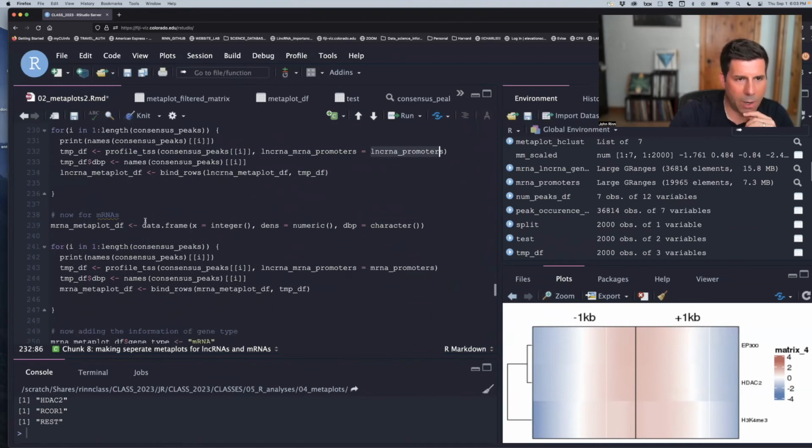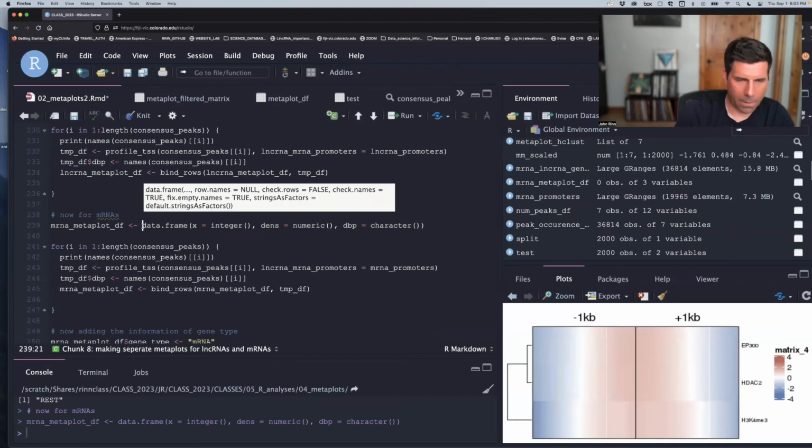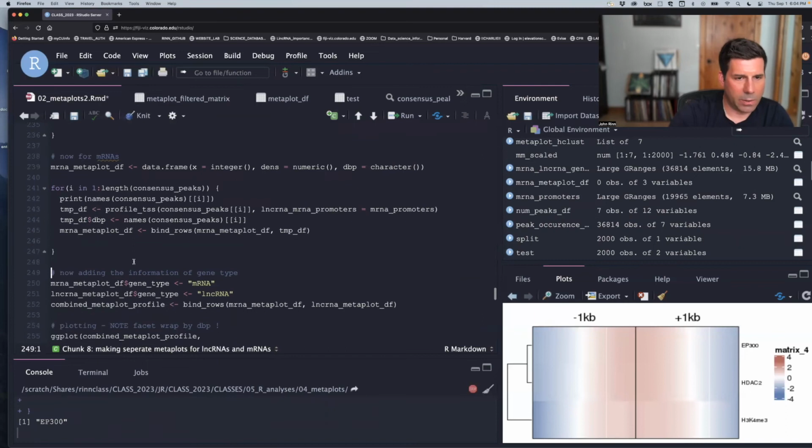And so that has run, and now we're going to do the same thing for mRNA, same values set up in the empty data frame, but now we are going to set lncRNA mRNA promoters to mRNA instead of lncRNA and run profile TSS, and then merge that into its own metaplot DF. Okay, sorry, I've already done that, but can't hurt. And now it's printing out